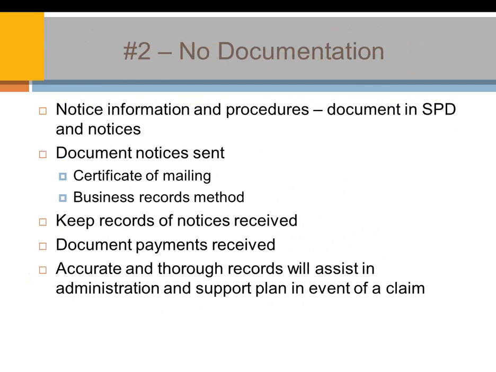No documentation. This is when a complaint comes into place, the employer is going to need to provide different things, like when were things mailed, what letters were sent out, making sure all the timelines were followed, because that's what the attorneys are going to be asking for and where the violations would occur. One of the things that's recommended, particularly in your qualifying event type action, is certificate of mailing. And what that is, it's not certified, it's not registered mail. It does not require a signature from the individual receiving the mail. You go to the post office, they stamp it, it's good as mailed at that point. The employer has met their obligation.